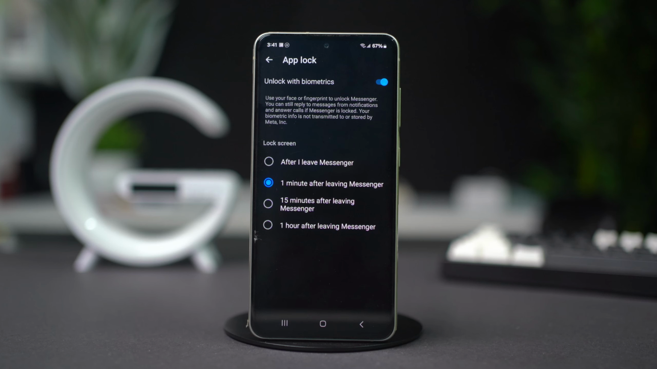Once you enable this, Messenger will ask you to authenticate using your device fingerprint and PIN code. Set this up according to your preference. After that, your Messenger app will be locked. But if for some reason you are unable to use this feature, there is another great way to lock your